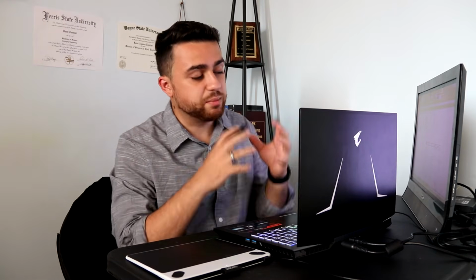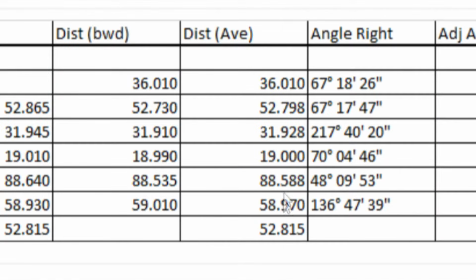Between all of these points we have angles and distances referring to the internal angles of our traverse. You're also going to notice that there is a forward distance and a backward distance. The forward distances are all of the distances that we took when we were taking a foresight, and the backward distance is all the distances that we took when we were reading a backsight. We then take the average of these two so we can increase the level of accuracy with our distances, which is what we see right here.